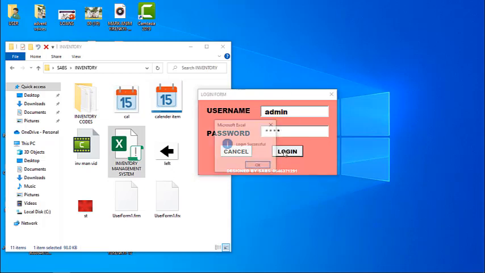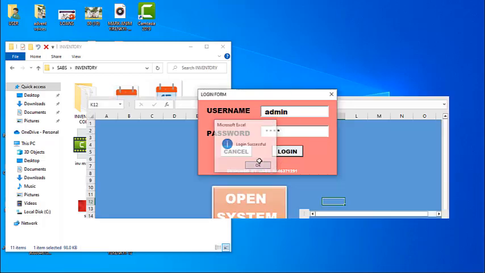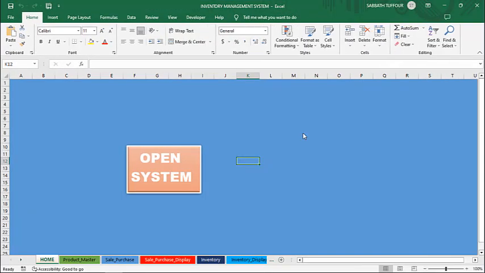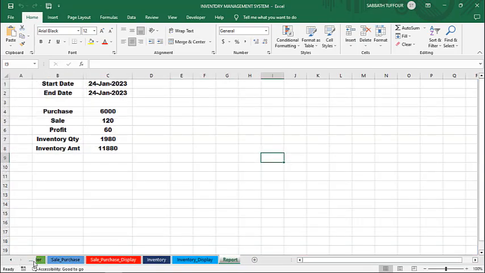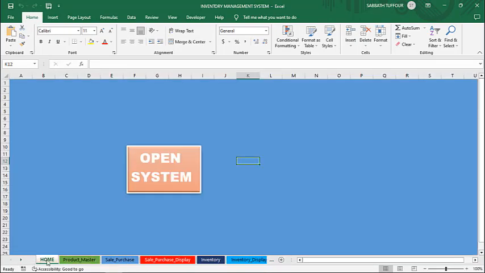Then you click on login successful. Alright, so let me maximize it. If you take a look at this Excel sheet, we have the home page, then we have the various sheets: the product master, the sale purchase, the sale purchase display, the inventory, the inventory display, and other important sheets that you will navigate. But for the start, you'll have to enter some products and manage. So you click on open